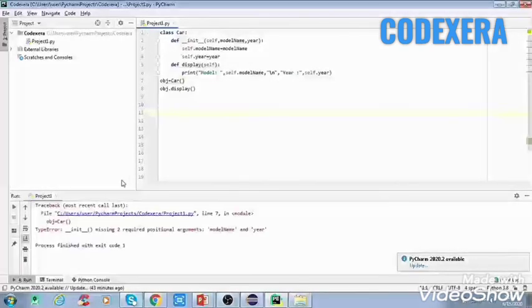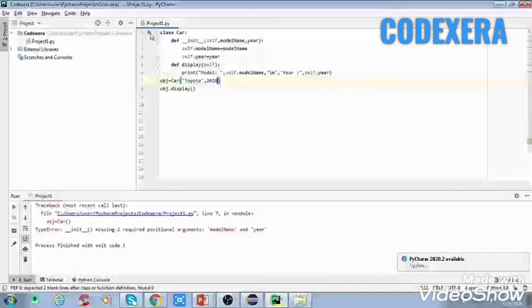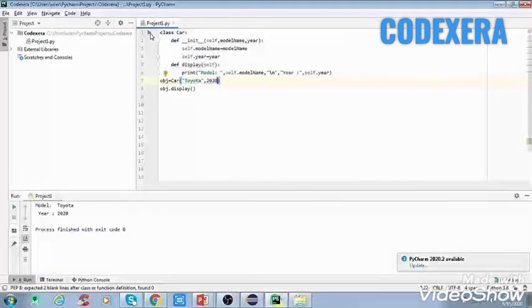Here we see that it is not running. Why? Because we have provided two attributes for the class, but here we have not given any attribute. So here we'll give the model name, that is Toyota, and year of manufacture 2020. Now we run this and see whether we get output. Here we are successfully getting model name Toyota and year of manufacture 2020.